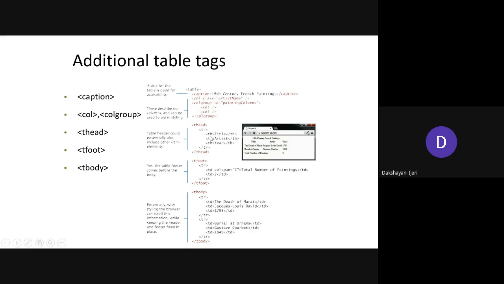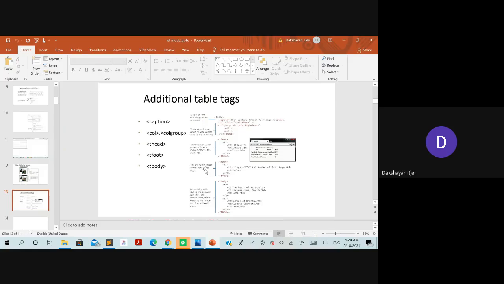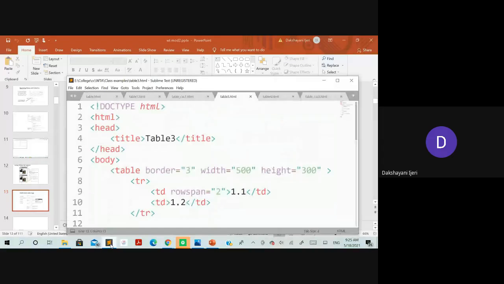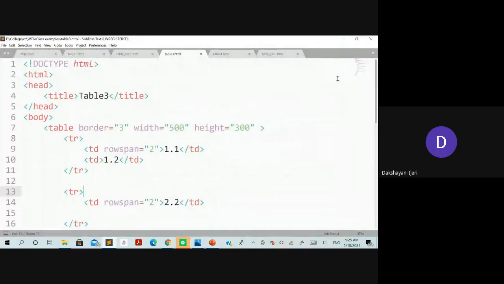One thing you can see here, thead has been taken here, tfoot has been taken here, and tbody has been considered here, right? So though you have taken these two at the top, this is going to be fixed at the first row, and this row is going to be fixed at the last row. So in between these two, whatever rows you take under the tbody are going to be put in between the thead and the tfoot. Okay, so we'll see with an example. The same example I have taken here.